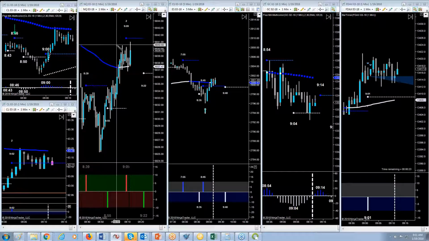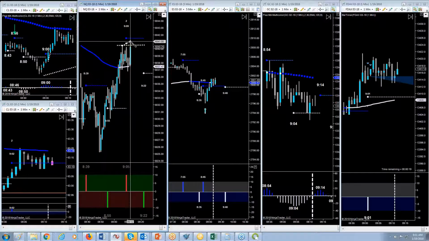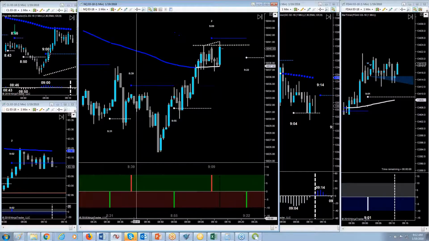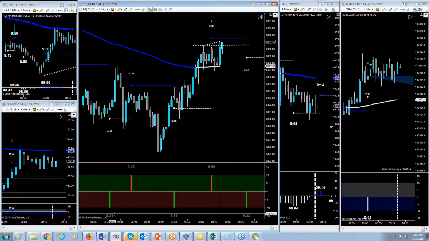An example of a stop run right now in the NQ. They're coming up past the high and then pulling back down below. So this is an area where you could look for conceivably a low risk short. The computer is telling us that this is a place where they historically try to sell the market. Okay, so we'll just keep an eye on that NQ setup here and see what the banks do.